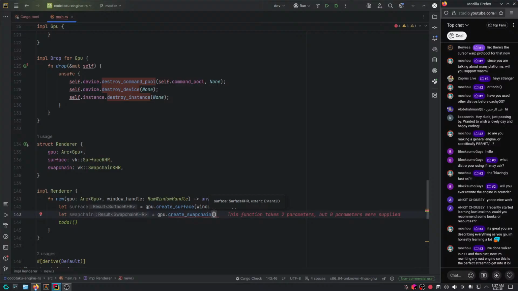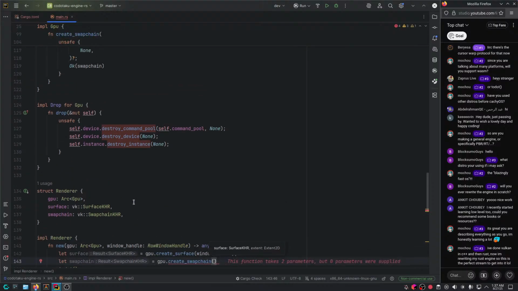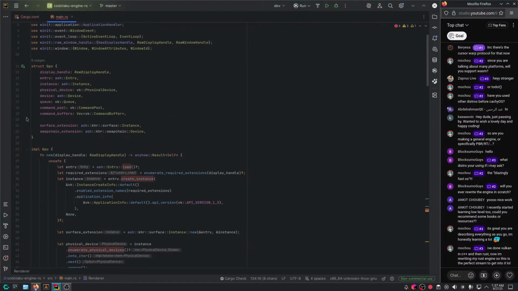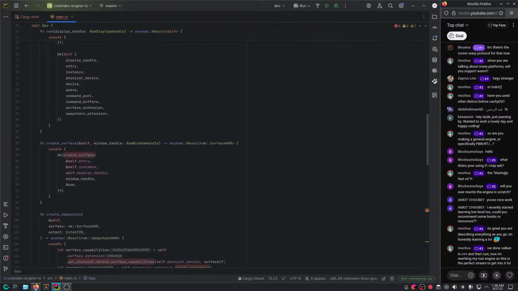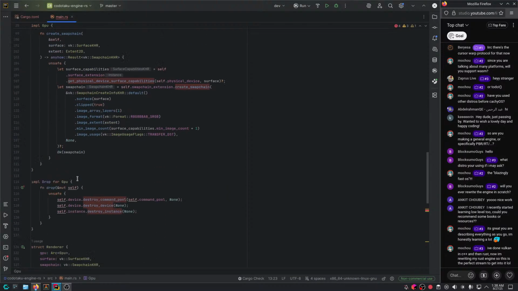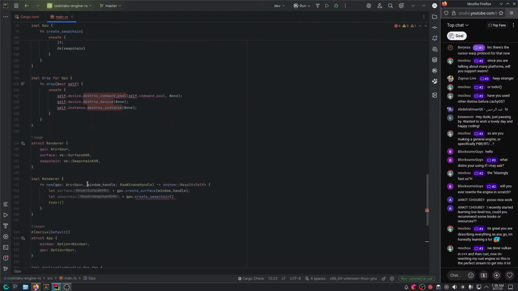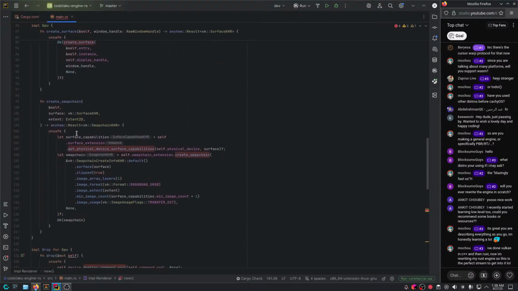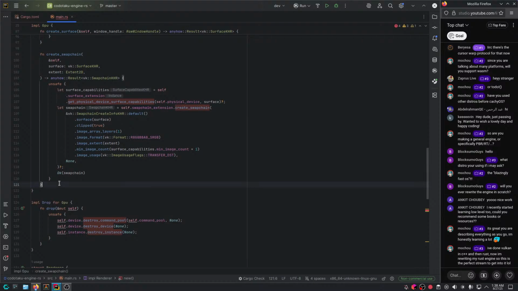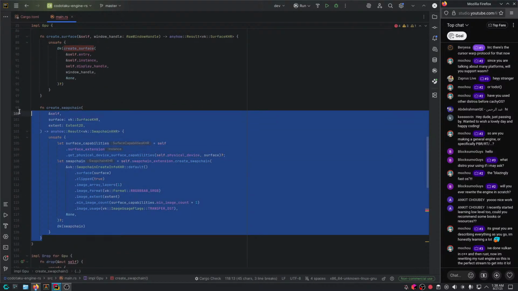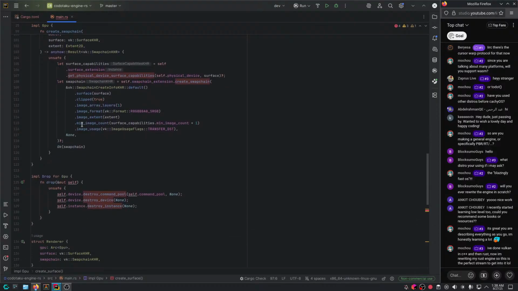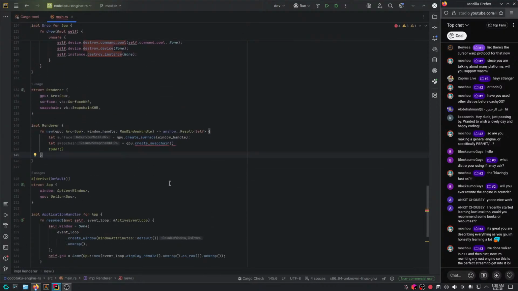So GPU create swap chain. The other reason why I did this is so I don't have to give access to any other objects of the internals of the GPU. The GPU has these factory functions that take care of that stuff. And also I don't have to pass a bazillion parameters to every single object just so I can create it. Instead, I delegate the responsibility of creating stuff to the actual GPU, which has access to all those properties. So that's great.